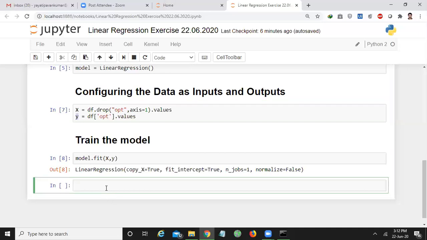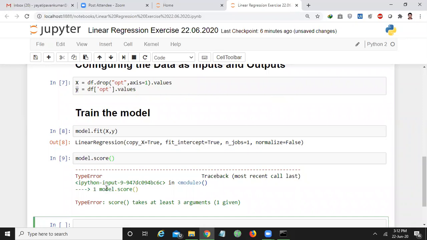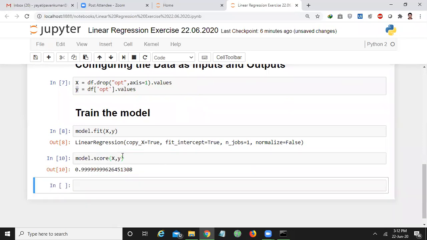I want to check whether it has been fitted correctly or not. For that, I have to check the score. Model.score(x, y).